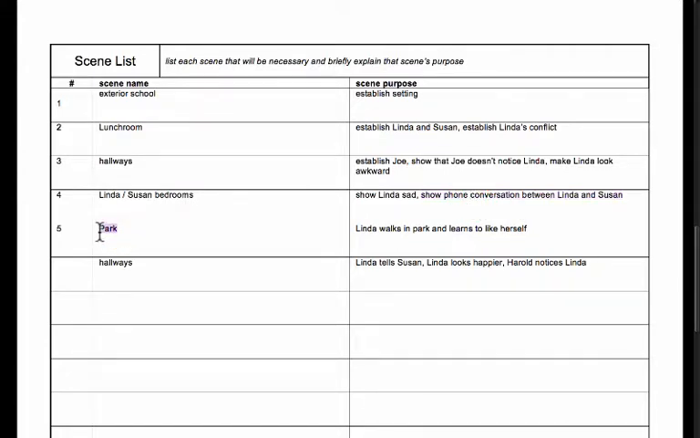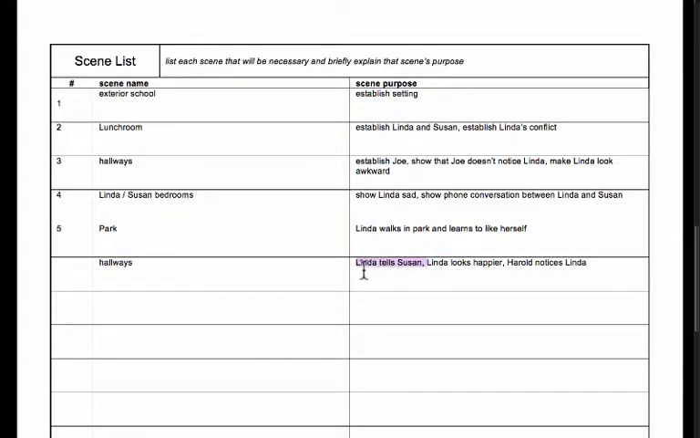The next scene is going to take place in the park, and it's just going to be Linda by herself. She's going to be walking, and in this scene, while she's walking in the park and just looking around, she has this great insight, and she's going to learn that liking herself on the inside is the most important thing of all, and who she is really is not who she's dating, but who she thinks she is to herself. And after this great insight, the final scene is going to take place back in the hall,